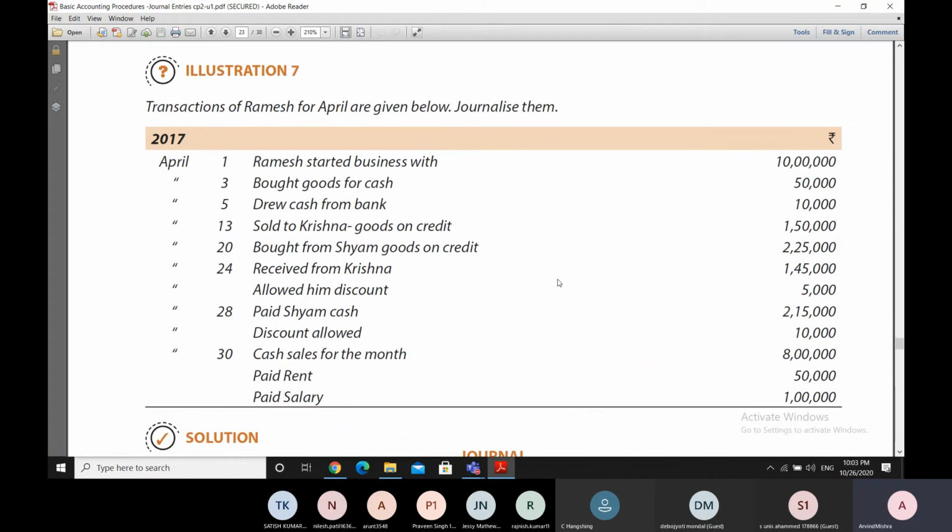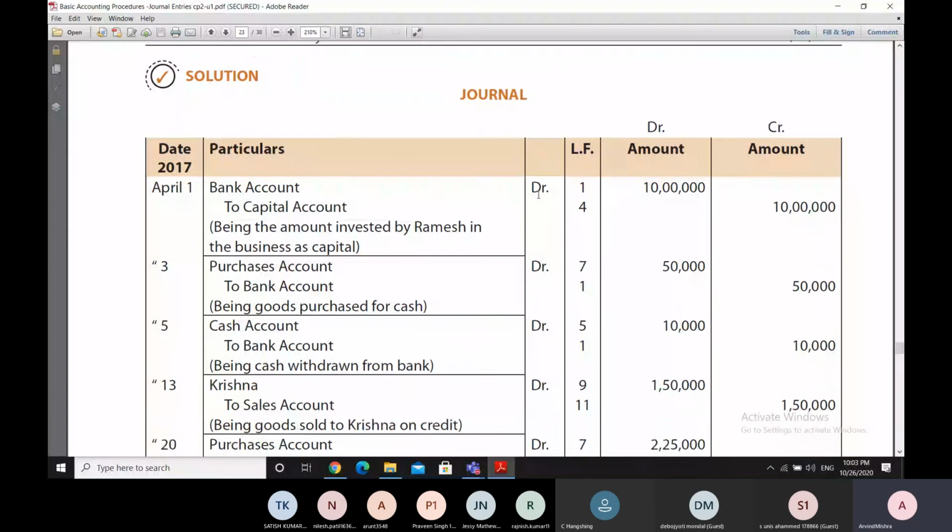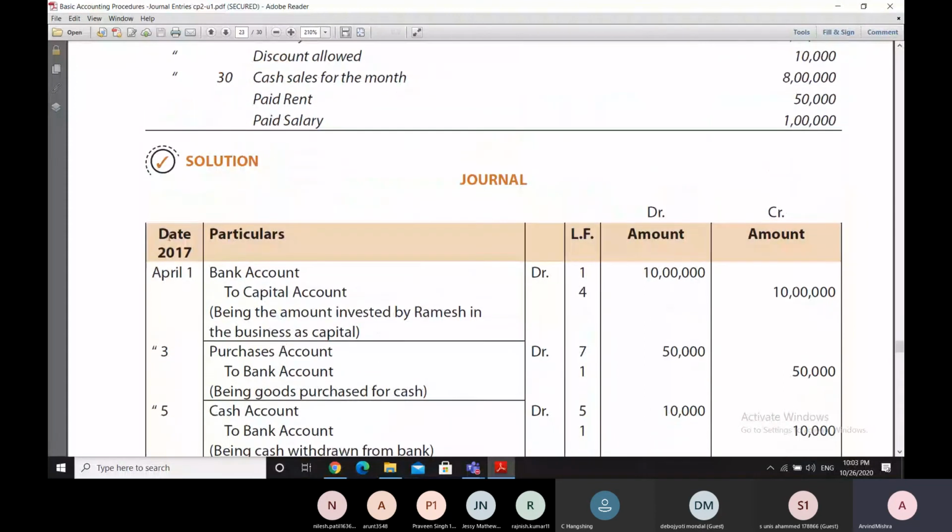Now transactions of Ramesh are given here and we need to journalize them. The same rules will be applied once again. To journalize, you have to be very careful that date has to be written very clearly. Then in the particulars column, please remember that when a page has come to an end, we have to write in the particulars column carried down at the end of it,